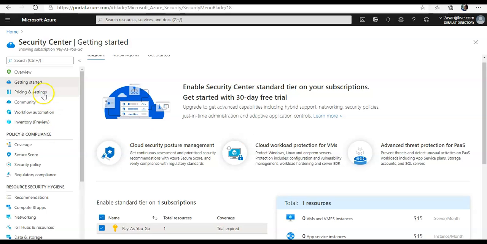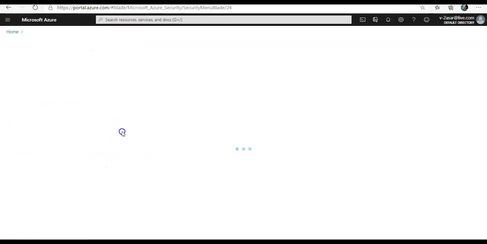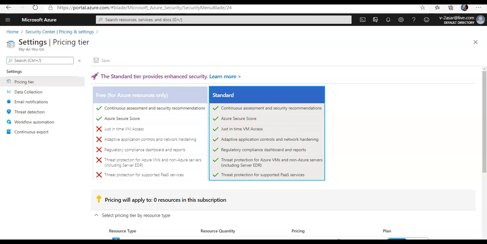And when you go under the pricing and settings, if you click here, the standard tier provides enhanced security. So standard has continuous assessment, security recommendations, secure score, just-in-time VM access, adaptive application controls, regulatory compliance, threat protection for supported PaaS services. And if you click on data collection,